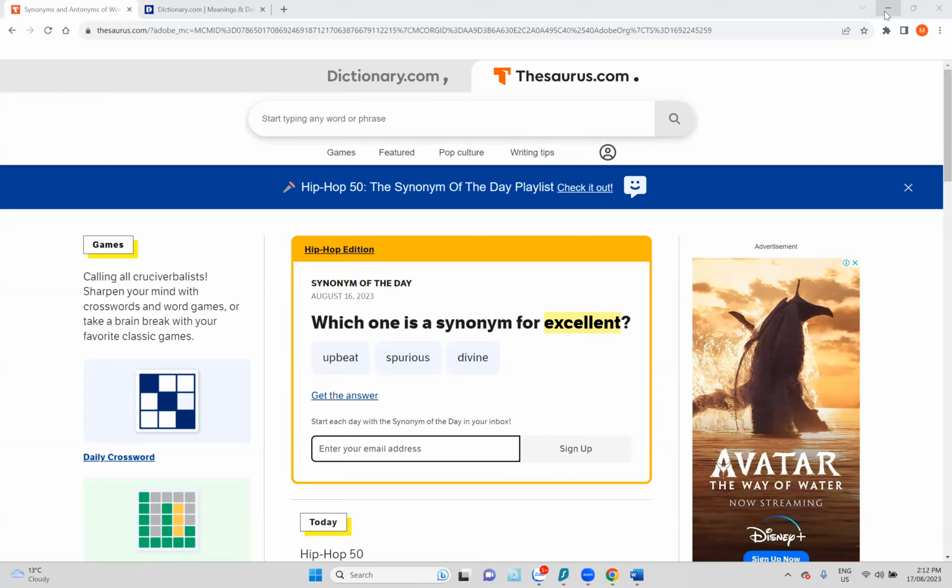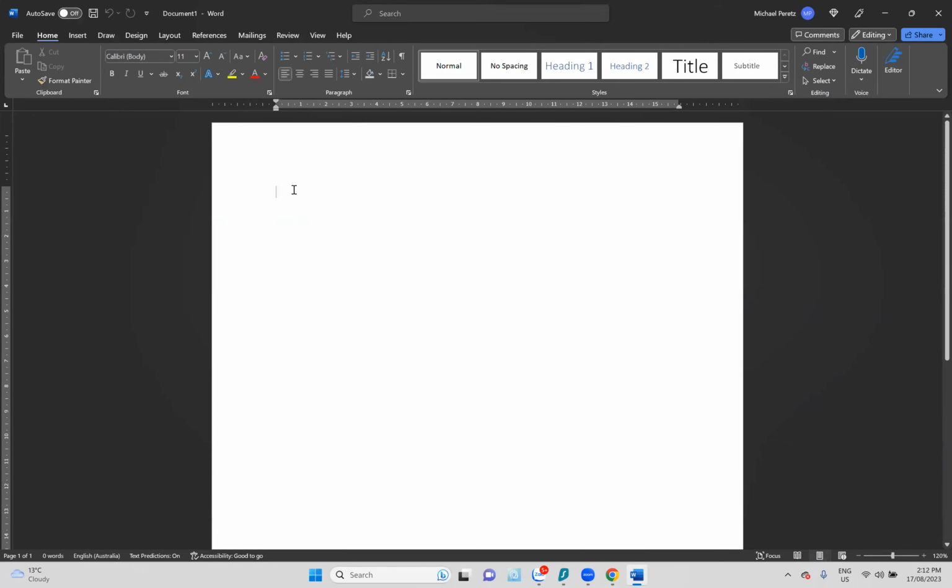Okay, so I am going to give you an example of an informal sentence. So in this case, it's... change that to no spacing. But if I was to formalize the sentence, it would be something like,